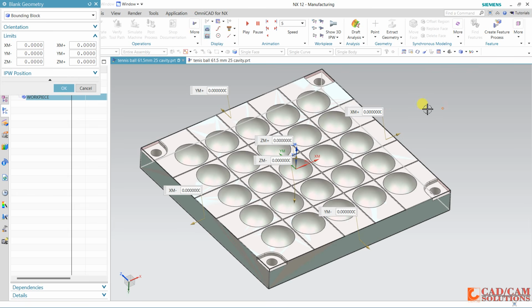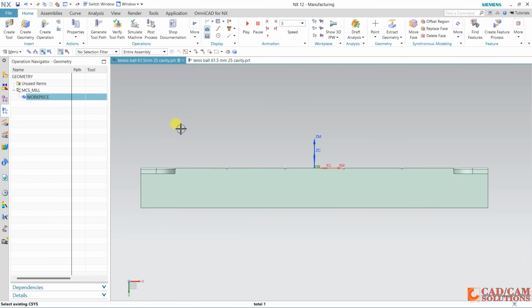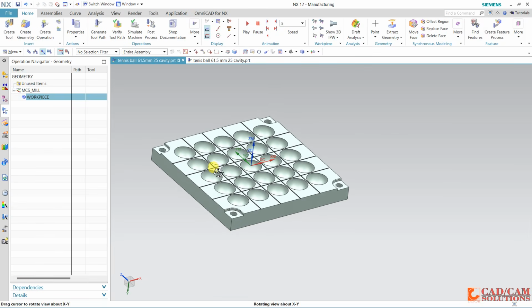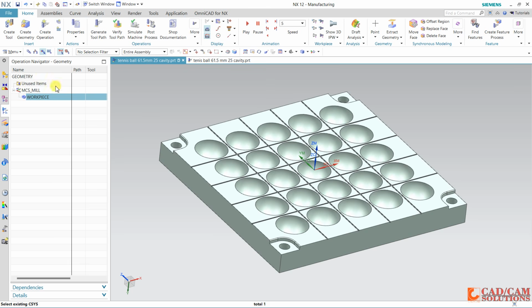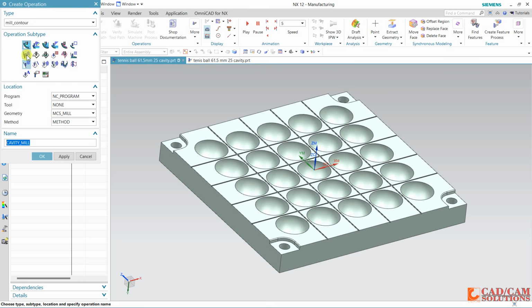If you want to face, add that amount here. I'm not using a facing operation, so I have directly matched this. Now first of all, I am going to use a cavity mill roughing operation. So this is a cavity, and for cavity this program and tool, I need one tool. No problem, I will generate, and this workpiece is this, and roughing operation. And I need an end mill 16 for this rough operation, right?